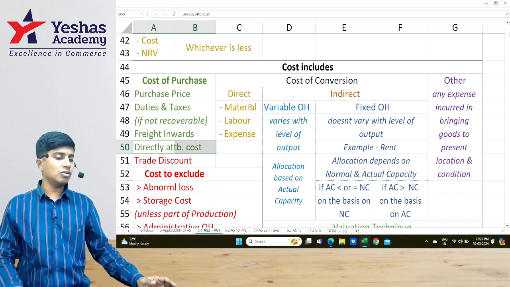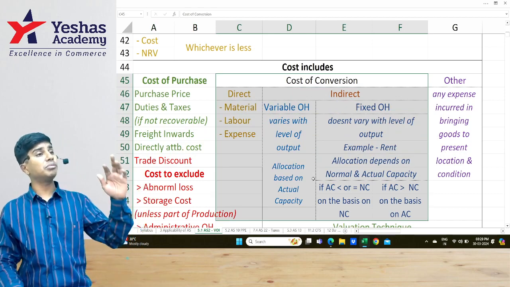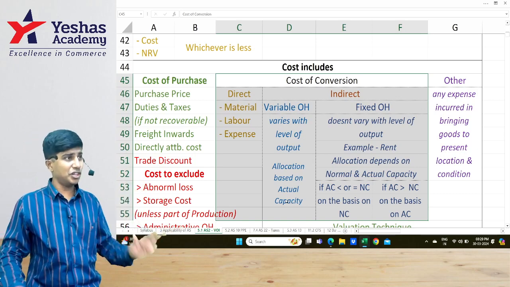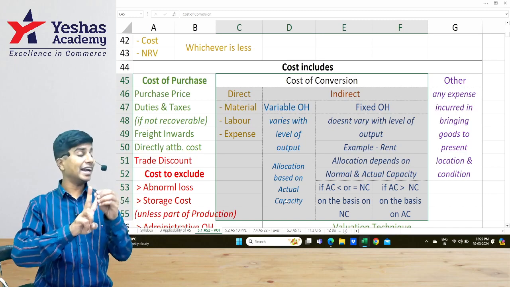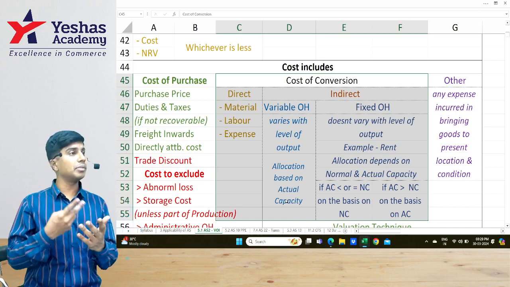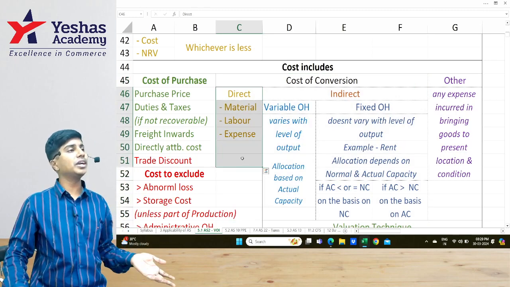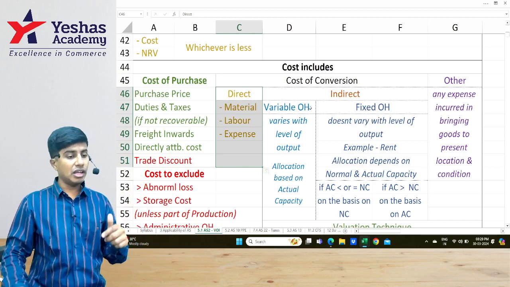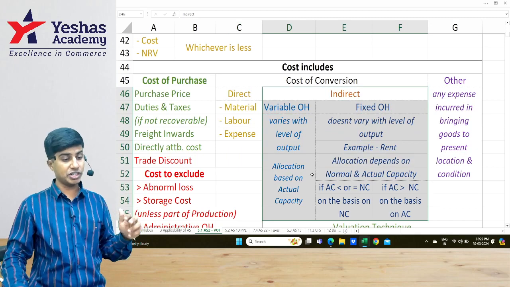Then we have, what are the costs of conversion? Expenditure incurred to convert the inventory from raw material to finished goods. This can be categorized into two: direct and indirect. If it is direct, it is direct material, direct labor, direct expense. Directly related to the inventory, in fact, you will have the per unit data available, included at the per unit rate into the inventory. However, if it is indirect in nature, it can be further classified into two major classifications: